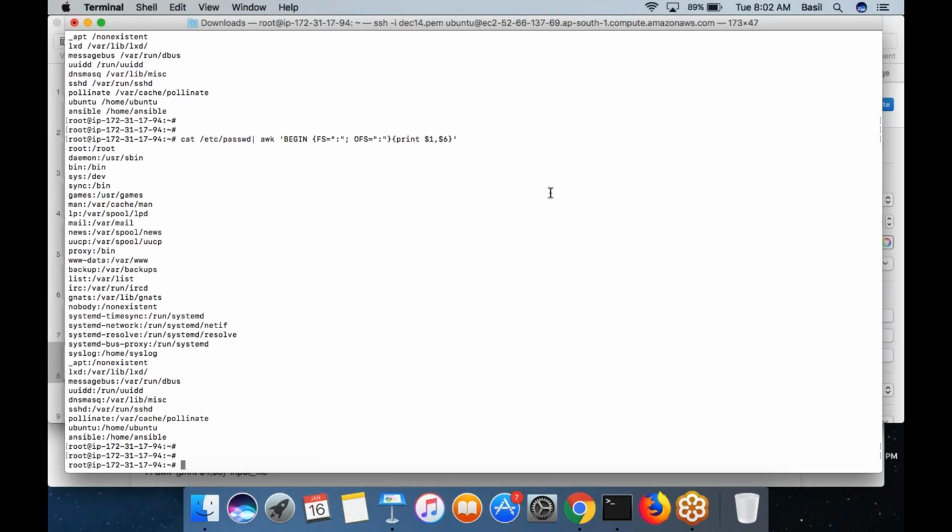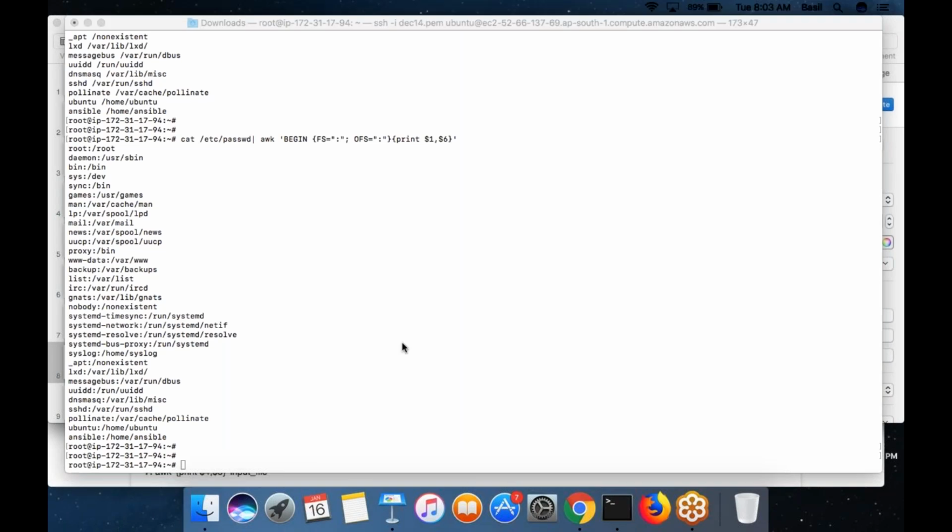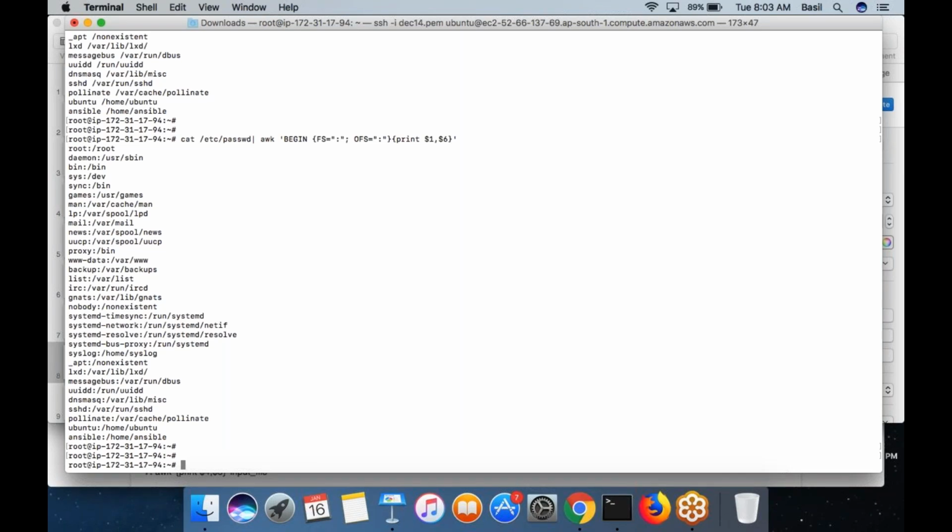Can we add two conditions in a single command? Yes, we can. Let's say you got this output printed, then on top of this output you want another awk to execute.